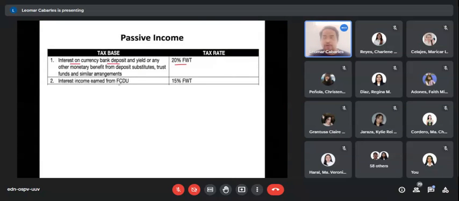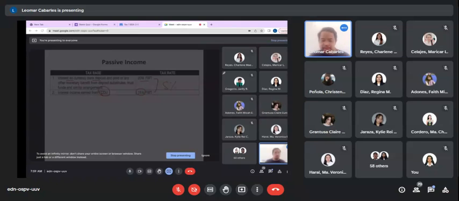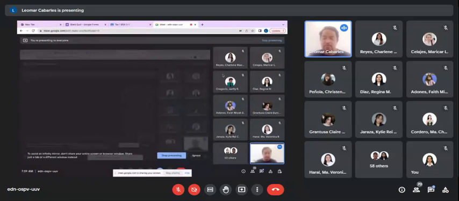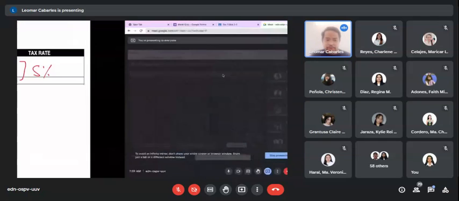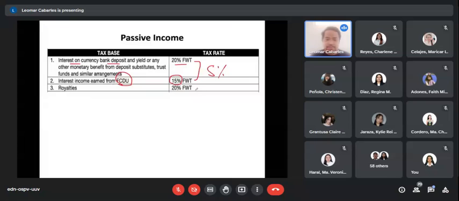So ito yung mga dollar or foreign currency deposit unit ng bank. So the tax is lesser or lower, that's 15%. Kasi currently, our tax system provides incentive to foreign currency. That's why it's lower by 5%. Okay? So if you have foreign currency and you want to save taxes from it, no? Yung interest income mo dun, you deposit that in the FCDU of a bank, no? Then royalties, 20% final withholding tax.